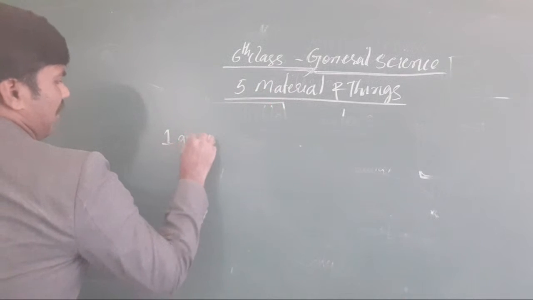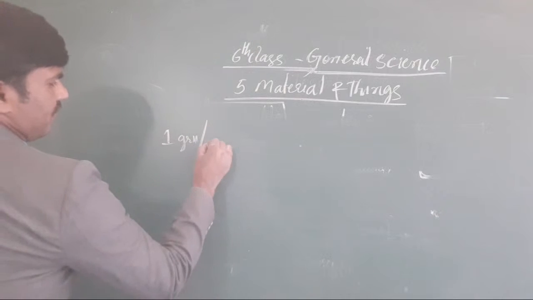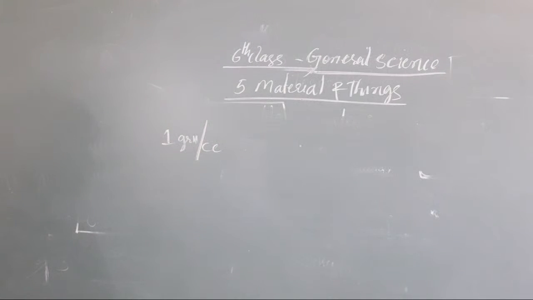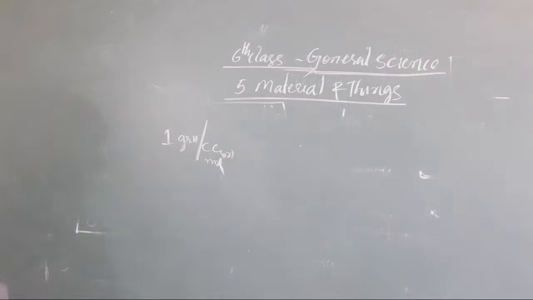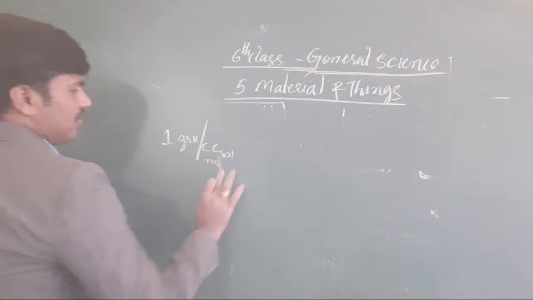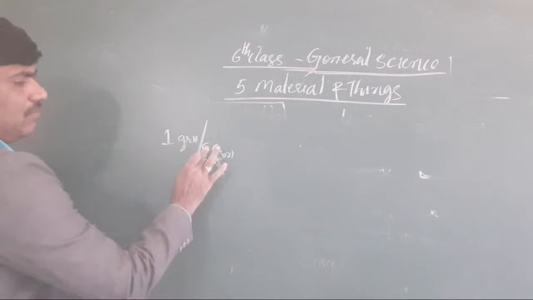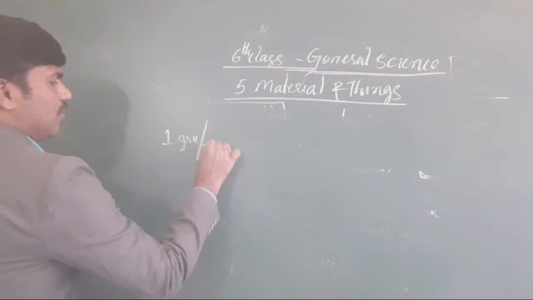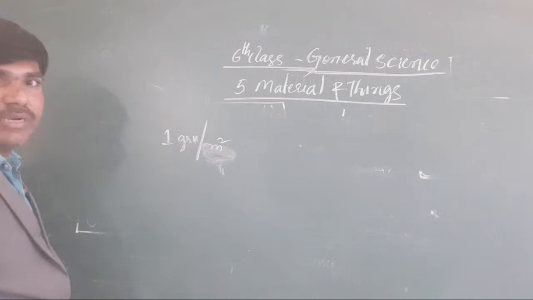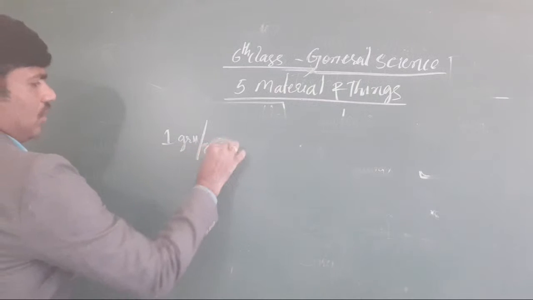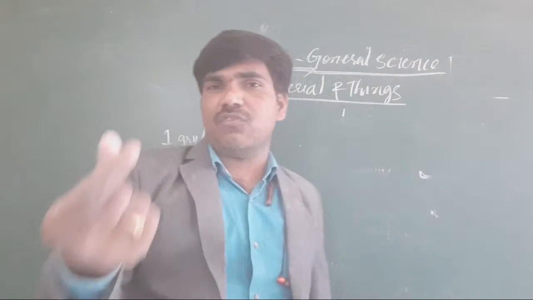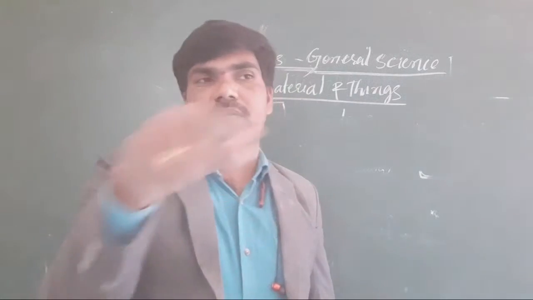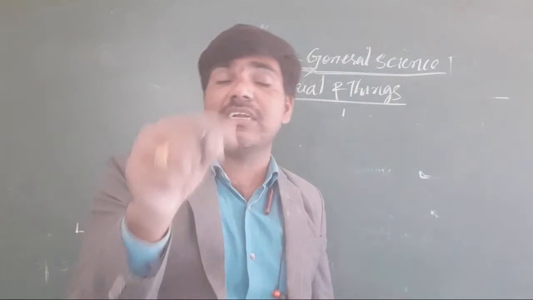Okay, water density is how much? Water density is 1 gram per cc, cubic centimeter, otherwise milliliter. It is written as centimeter cube or milliliter also. Otherwise, water takes 1 gram per centimeter square. And when you take 1 gram, the water occupies 1 centimeter square area,